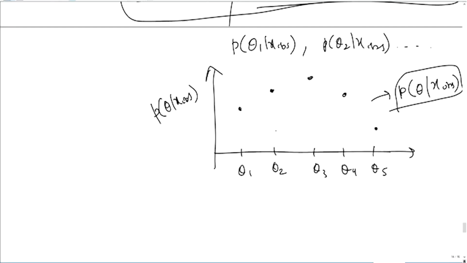And what does this probability distribution tell you? It basically tells you the probability density of different values of theta given the data and your prior assumptions, right? So how likely is it that a particular value of theta would generate the data, given the observed data and your prior assumptions p of theta. So given the data x obs,